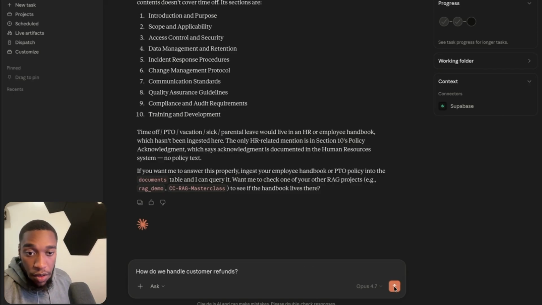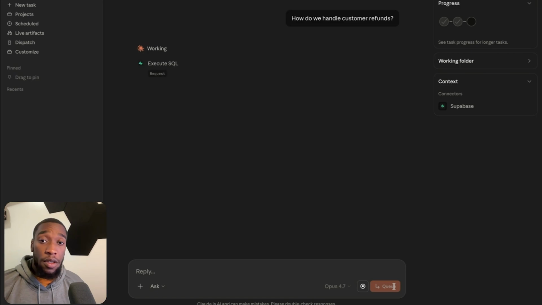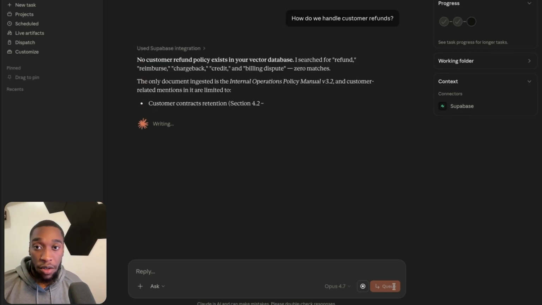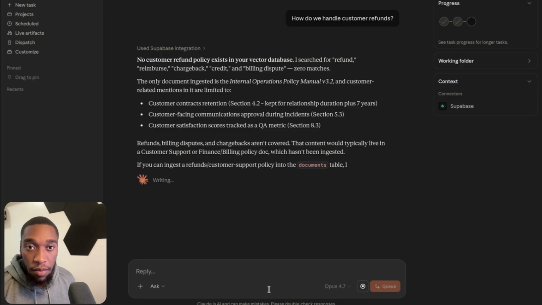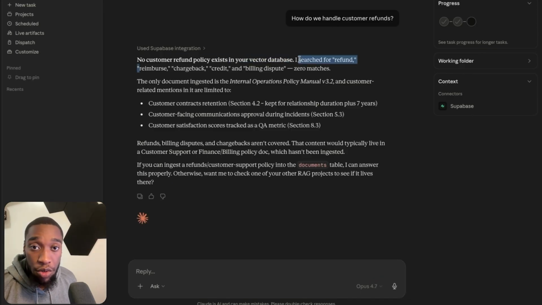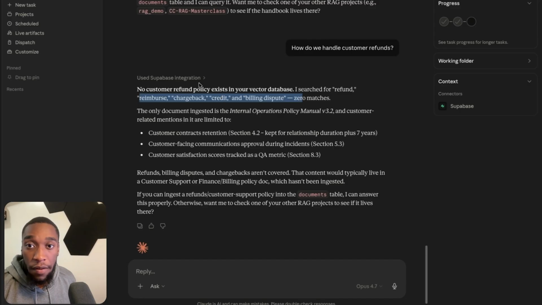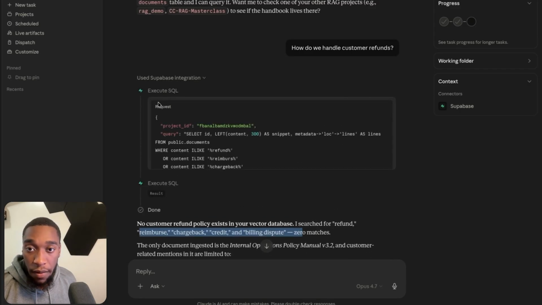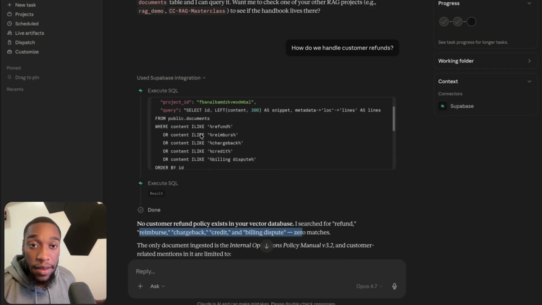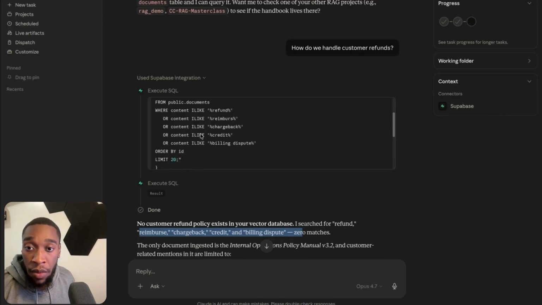How do we handle customer refunds? In the documents within my vector database, refunds is not a keyword that's in the document itself. It uses reimbursements and returns. So just as I suspected, Cowork is not going to retrieve the exact documents or the information that I'm looking for. And if we check the SQL query for what the process actually went through, we see that it